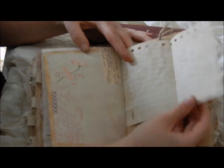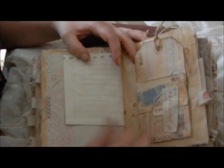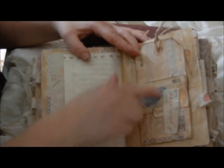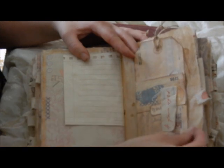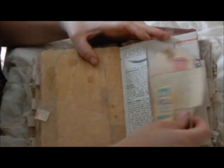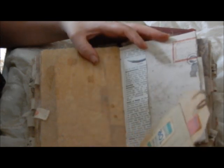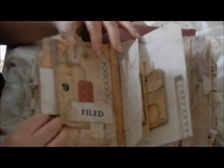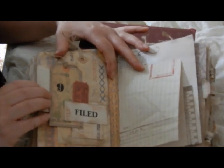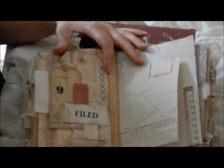This is just from a calendar, by the way. And this is a tuck thing with stuff from the kit. And this is, you know, flips up stamped fabric. Another tag from the kit with some of the ephemera. And this one is from the labels and tickets kit. An index card,